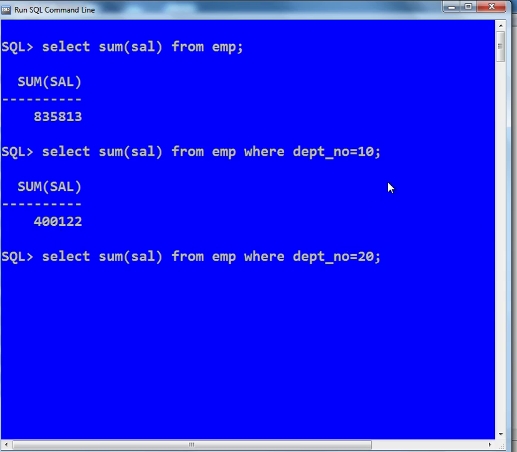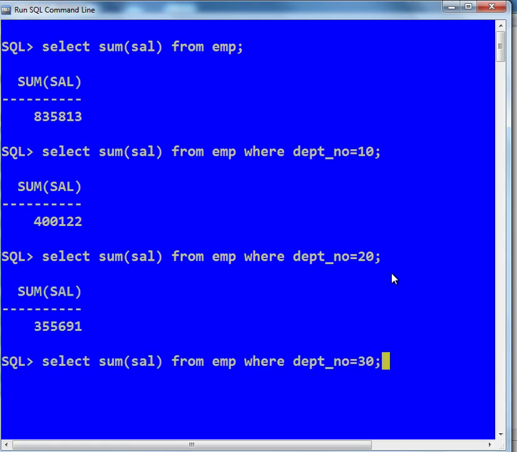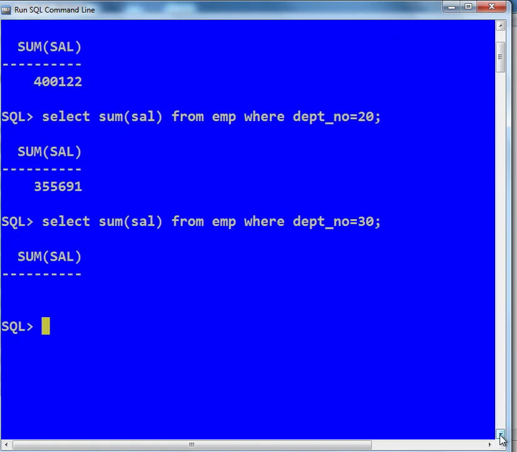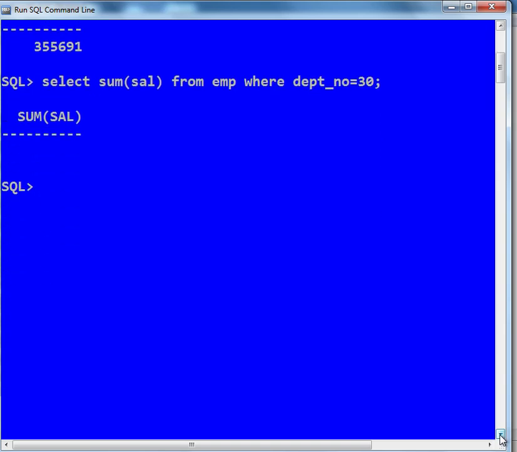For another department, 20, I will write where department number equals 20. Next, for department number 30, likewise we can write summation where department number equals 30. We have a null value for department number 30, so it is giving me null.